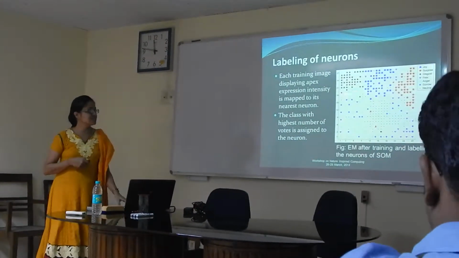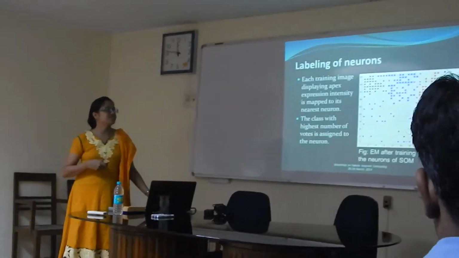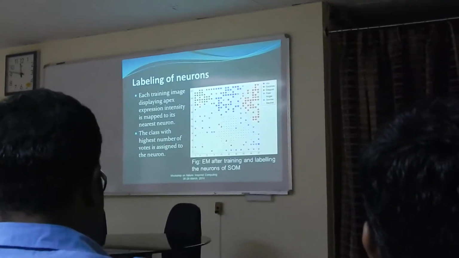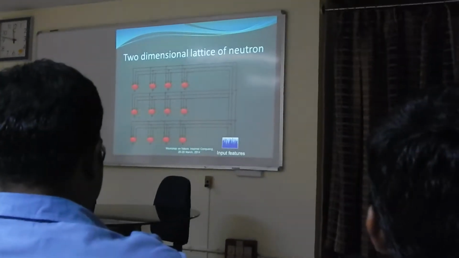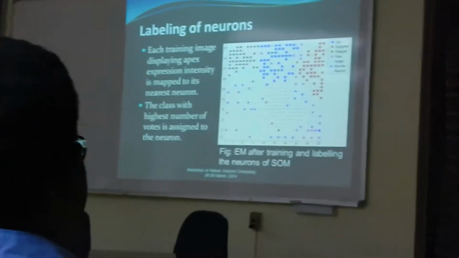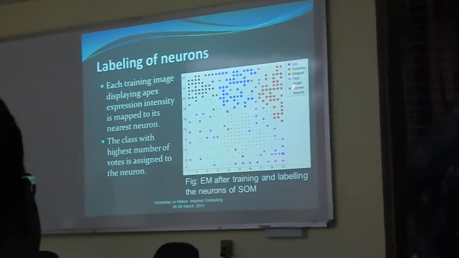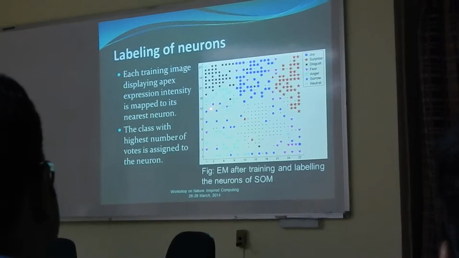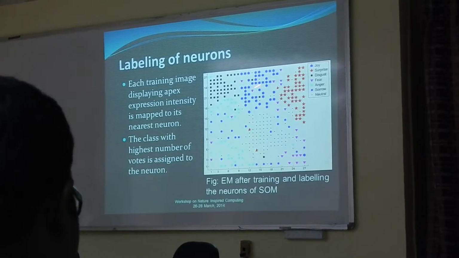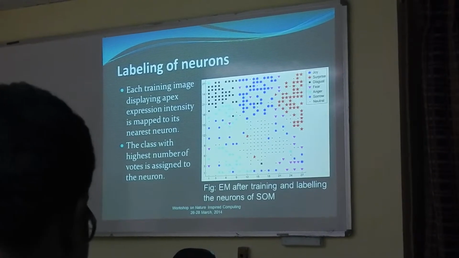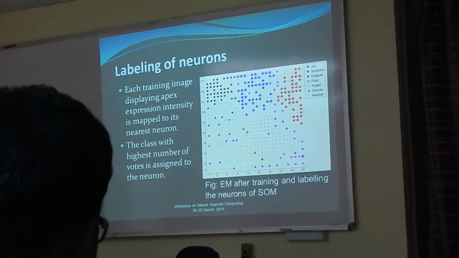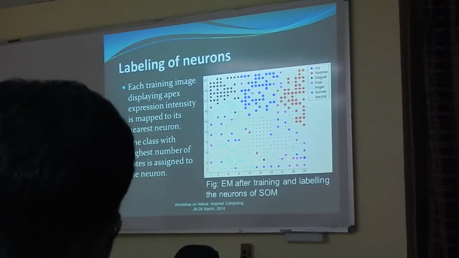Now this is how ultimately the two-dimensional neural network looks after learning. We have considered a 27 cross 27 network. In the previous example, we had considered 3 cross 4. For the real-life application, we have considered a 27 cross 27 neural network, and each of the points here is representative of a neuron. And we can see some clusters here. For joy, this is a cluster, and for surprise, this is a cluster. For disgust, and so for each of the expressions, we have got one cluster.